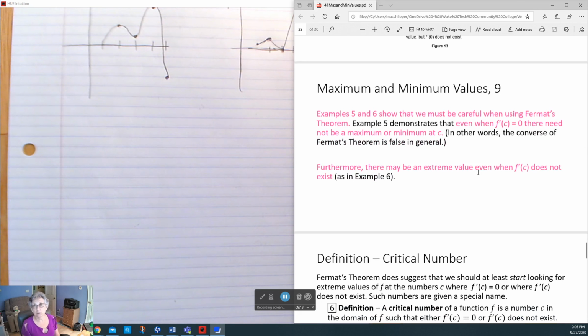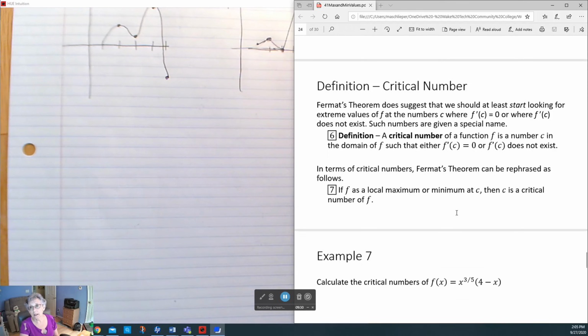So you have to be careful when using Fermat's theorem. Just because the derivative is equal to 0 doesn't mean there's a max or a min, and setting the derivative equal to 0 doesn't find all the maxes and mins. We start by looking at critical numbers. A critical number of a function is a number that's in the domain, and either the derivative is equal to 0 or it doesn't exist. If it has a local max or min at that number c, then c is a critical number of f. So let's go back